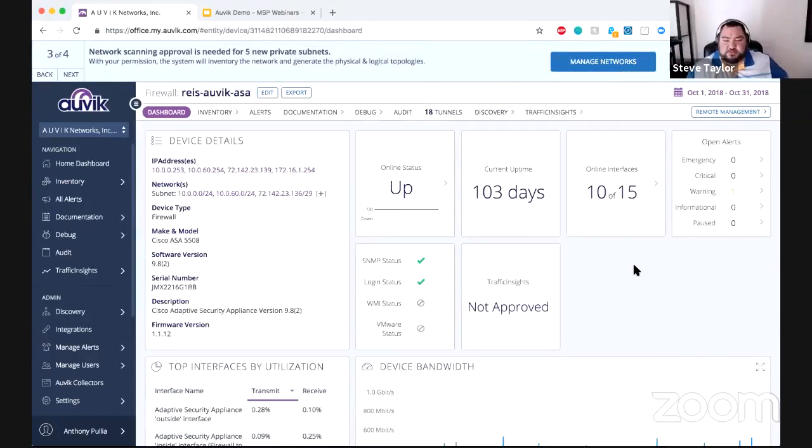The bandwidth and interfaces by utilization and that type of stuff. I mean, in theory, I could get that stuff by logging into the management interface of this device. And that leads to a really good point, though, that the Auvik software isn't going to do me any good unless I've got managed switches and firewalls that have all of this stuff built in. If I've got a client that's just using a bunch of Netgear dumb switches and a Netgear